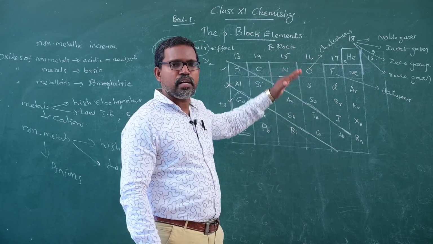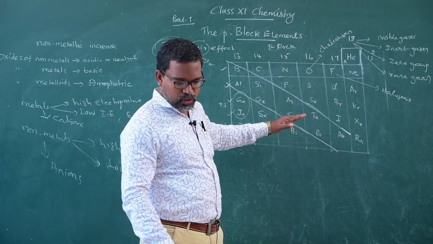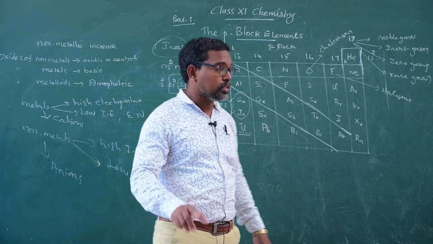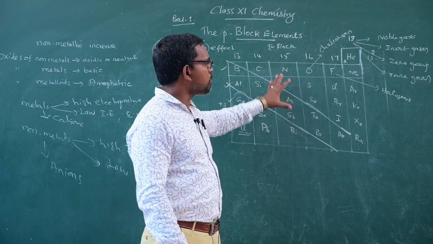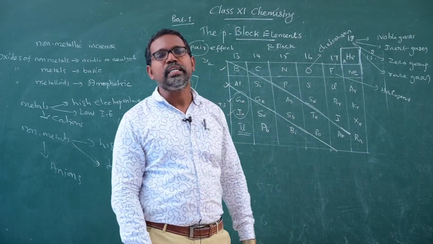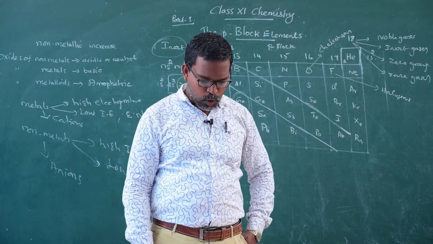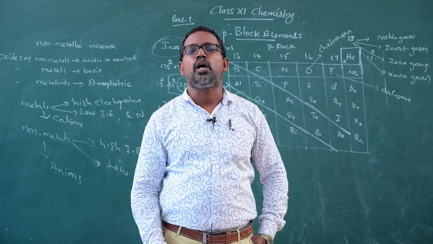Covalent radius, van der Waals radius and this oxidizing power. The previously mentioned properties increase down the group and decrease left to right. So, the difference in behavior of the first element of each group.